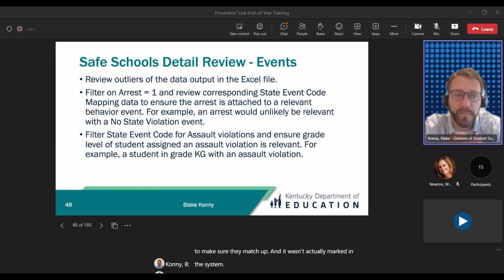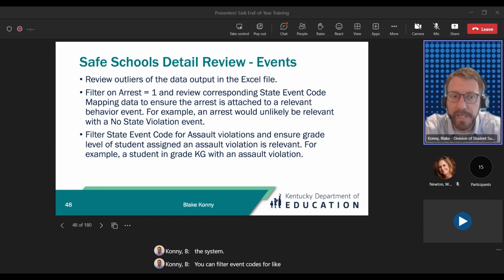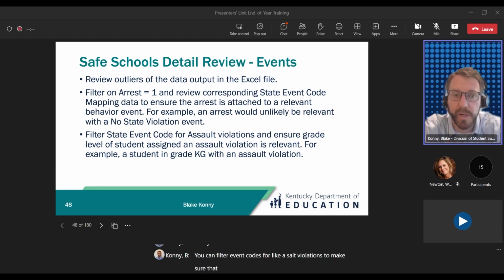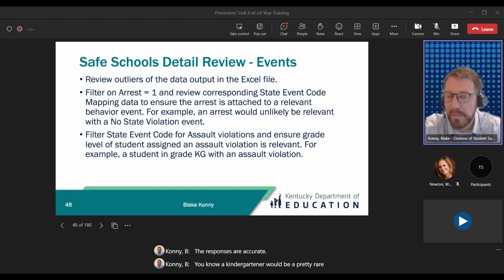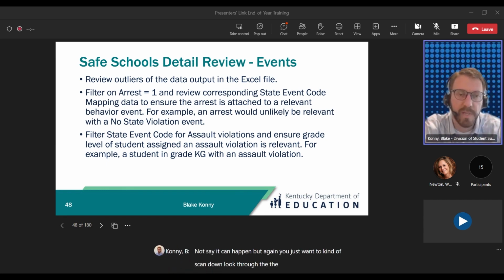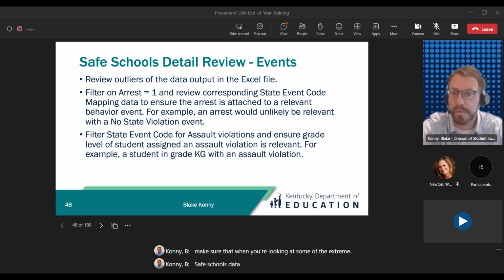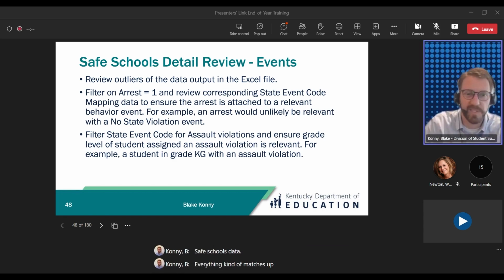You can filter event codes for assault violations to make sure the responses are accurate. A kindergartner would be a pretty rare assault. Not to say it can't happen, but you just want to scan down and look through the spreadsheet of data to make sure that when you're looking at some of the extreme Safe Schools data, everything matches up. And this is an easier way to do that.